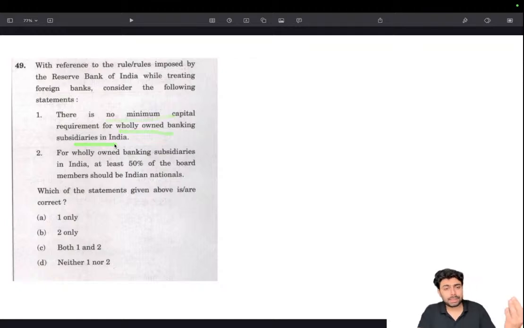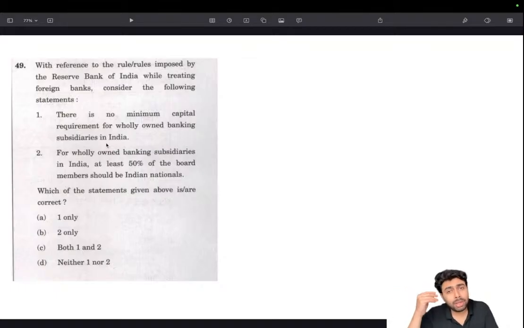For example, if Citibank or any other bank like JP Morgan opens a subsidiary in India, and there is no minimum capital requirement for them. That's what this statement is saying. If you have a basic idea, you know that there obviously will be stringent criteria. There will be capital requirements, minimum capital. A lot of requirements will be there, especially in the banking sector, and we are